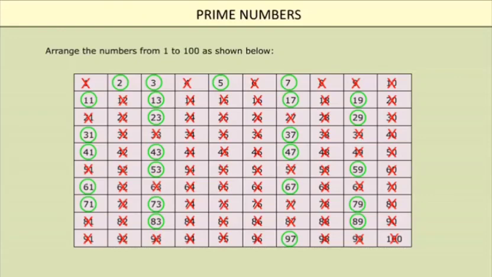All the encircled numbers are prime numbers and all the crossed out numbers except one are composite numbers. Again I repeat, all the encircled numbers are prime numbers and all the crossed out numbers except one are composite numbers. This method is known as